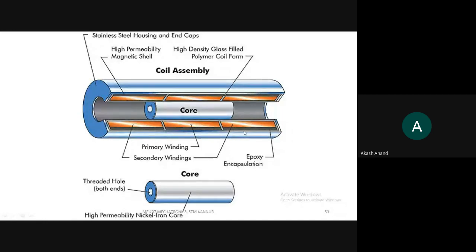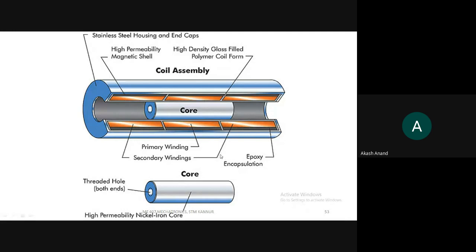Why are they called secondary? Because the electric current is not given to these coils, so they are called secondary coils. So the primary winding is actually wound over the hollow cylinder. When the primary coil is wound over the hollow cylinder,